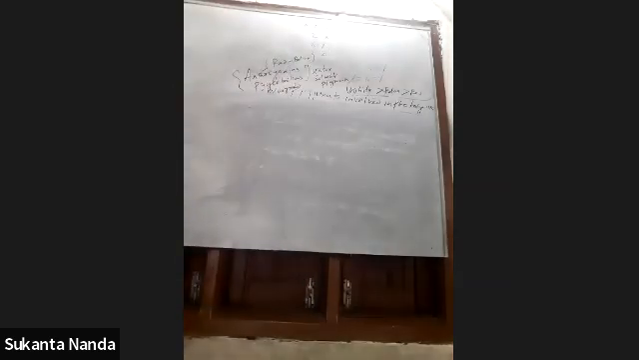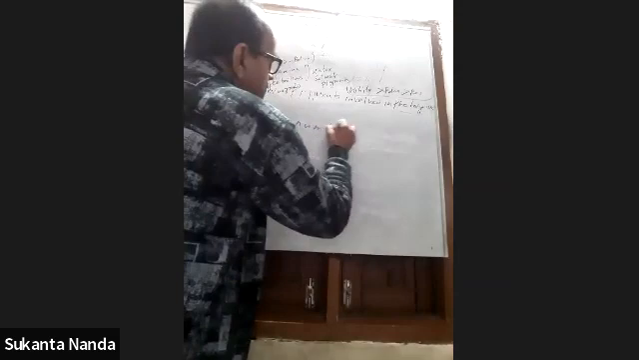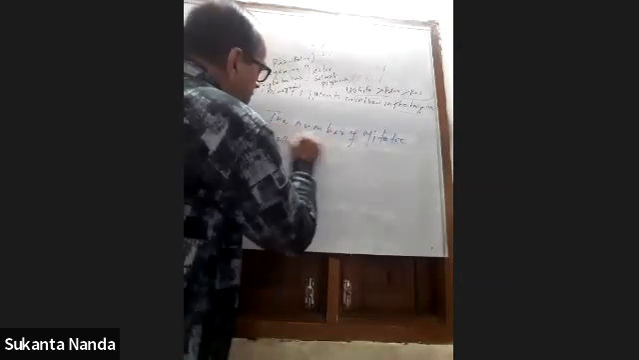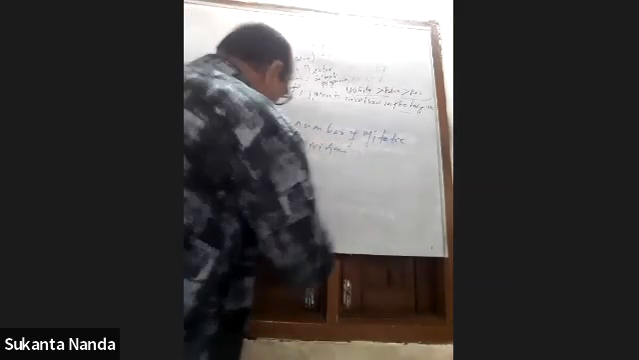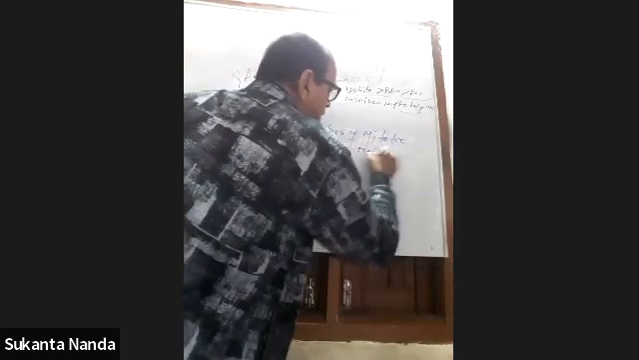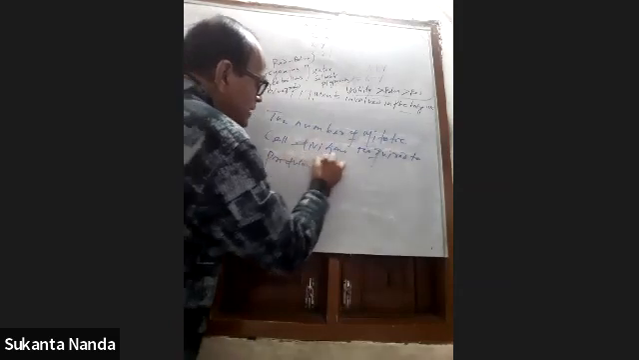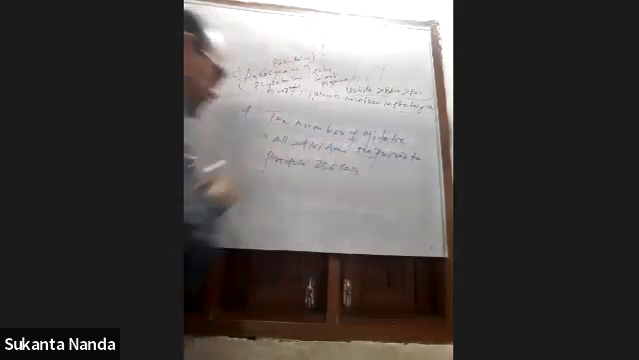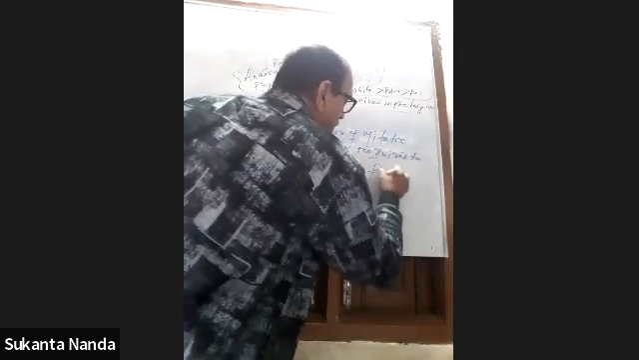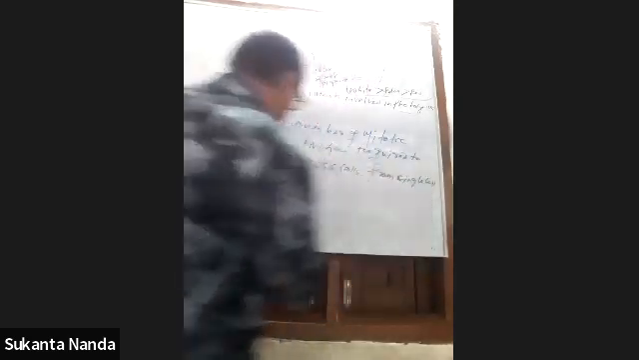The number of mitotic cell divisions. Question number 4, very important. The number of mitotic cell divisions required to produce 256 cells from a single cell would be, okay,